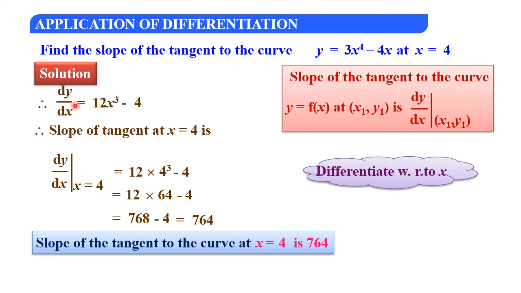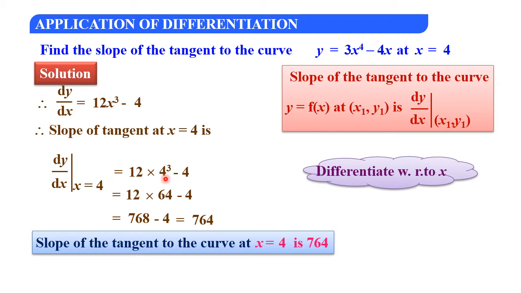So after finding the differentiation, when you will be finding the slope of the tangent, here you have a standard formula. So slope of the tangent is equal to dy by dx at x comma y. Here only the x value is given in the question, so x equal to 4 only must be written here. So dy by dx at x equal to 4 is equal to dy by dx, in the sense, you already differentiated the given curve, you write it as it is, and x equal to 4 is given. So after finding the differentiation, wherever x is there, in the place of x just put 4.